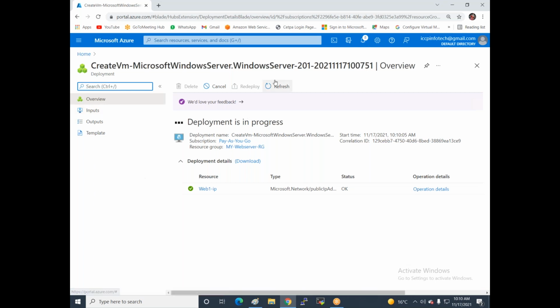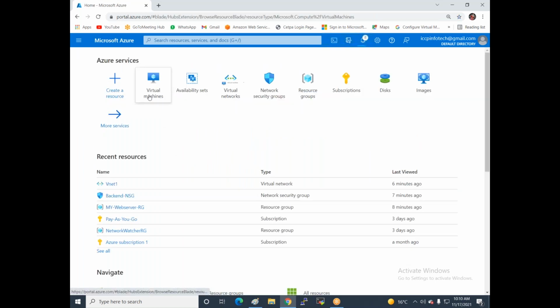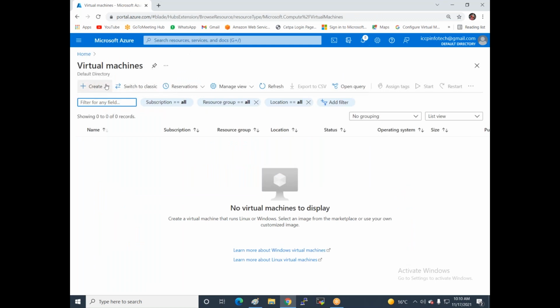I simply click on home, then click on virtual machines, then click on create.